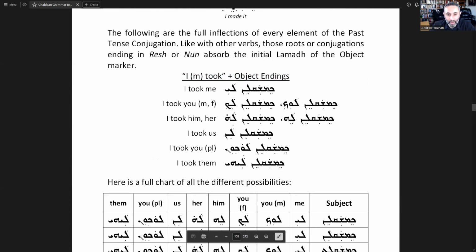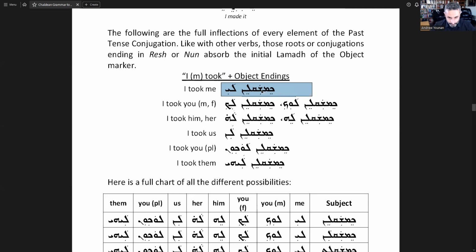If I want to say I took me, what do you mean I took me? Well, I took me. I've got this grapefruit here. I took me a grapefruit so I can eat it later. In English, it's a little bit kind of slangish. And in Chaldean, it's also kind of slang, but you'll hear it once in a while. So if I want to say, I took me, kim shaklin, so it's the type A endings, shaklin, I took for myself, kim shaklinni,